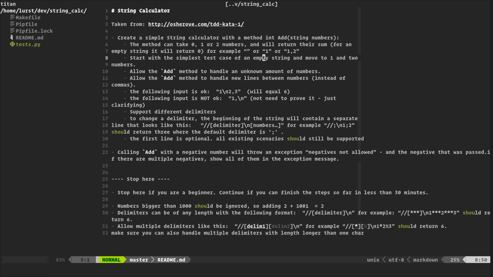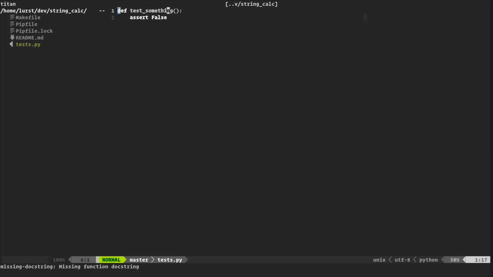I'm not sure if I should start with that first. Start with the simplest test case of an empty string and move to 1 or 2 numbers, then handle new lines between numbers instead of commas. Okay, right. So I guess I'll start with the first test, which will be to test the empty string.